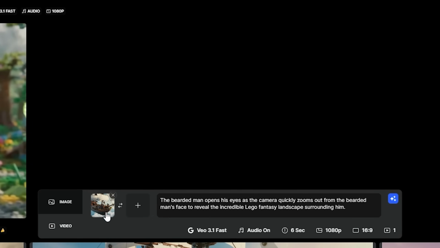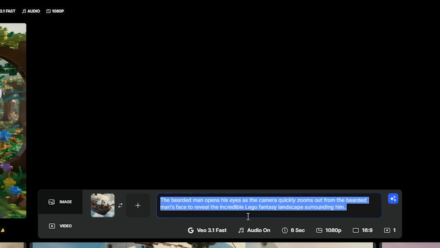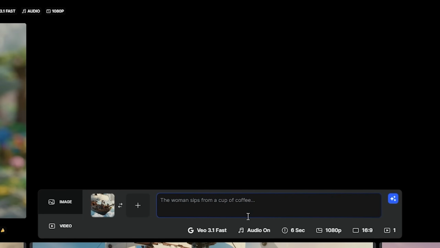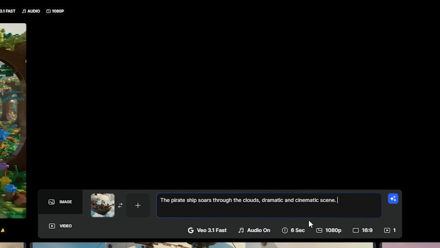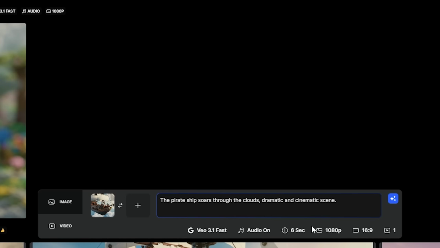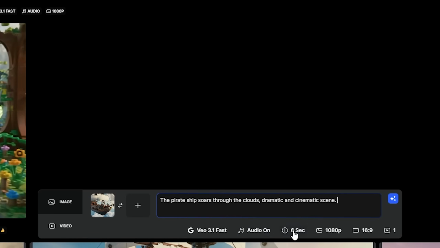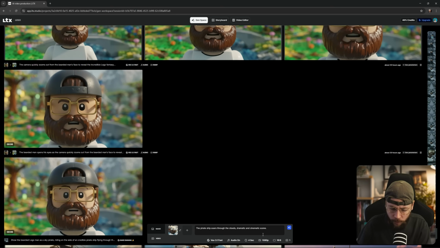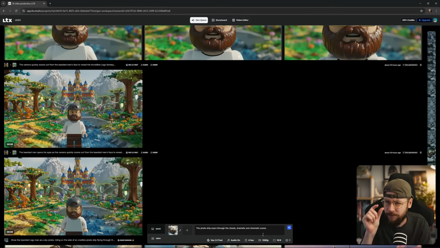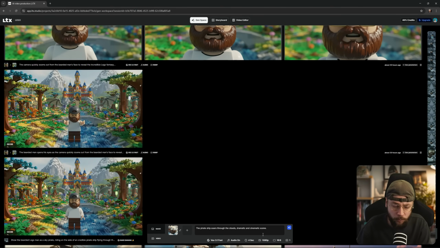direction. But in this case, we only really want a start frame, and I want to go ahead and just empty out this text prompt area. And I'm just going to go for a really simple prompt here. The pirate ship soars through the clouds. Dramatic and cinematic scene. I'm going to leave the audio on. We're going to generate for 6 seconds here, I think. Actually, let's go for 4. I think because this is vignettes, we only need a very brief generation, so we'll get more out of our